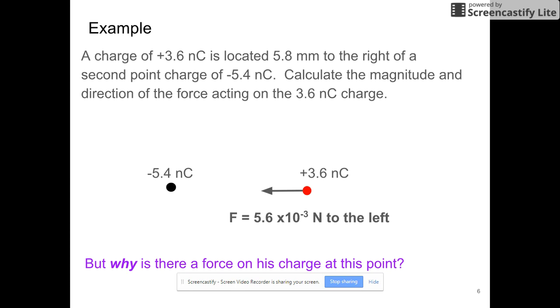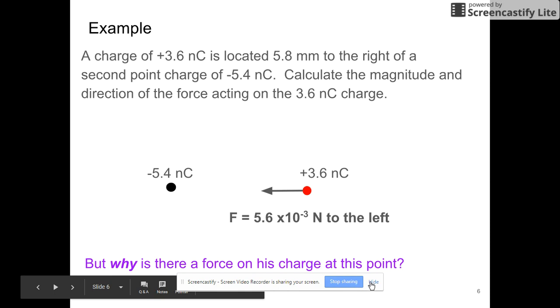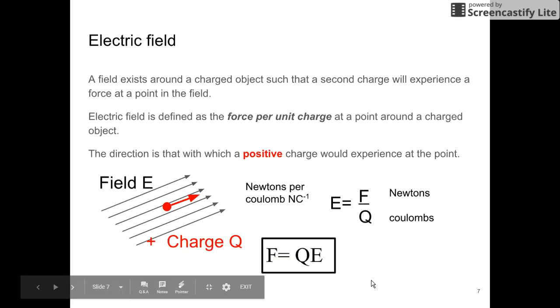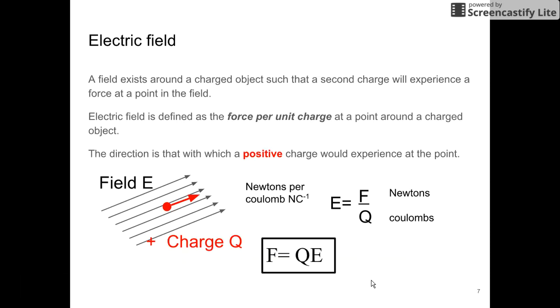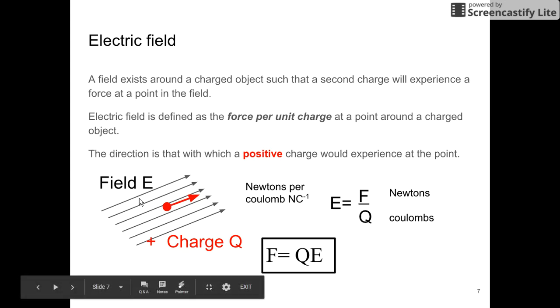point, at this point? So for that, we need to think of something else, which is we have electric field. So a field exists around this charged object such that that second charge will experience a force at that point in the electric field. Electric field is the force per unit charge, and it's at that point. Because it's got a direction, then it's a vector, so you quite often hear it referred to as electric field vector. And so if you've got a charge Q in an electric field, it will tend to go in the